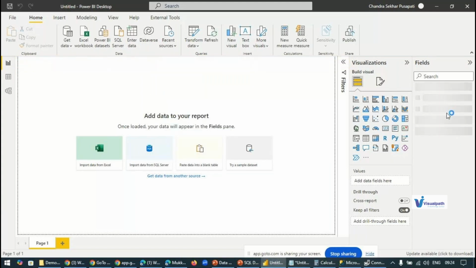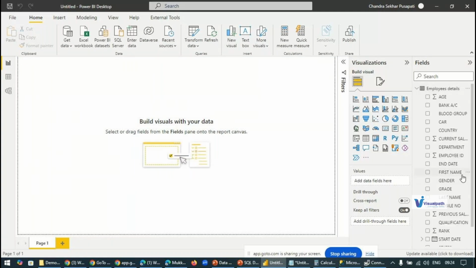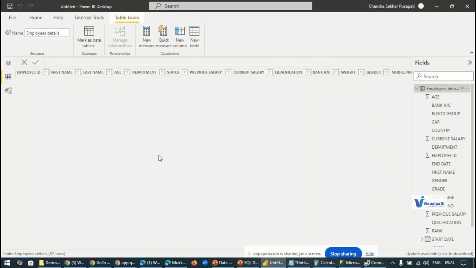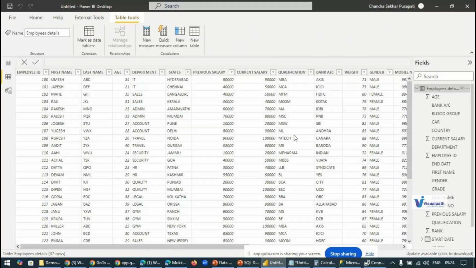After loading the data, on the right side it will display the list of columns. See, these are the list of columns from my Excel file. On the left side, if you click on the data window icon, you can see the data also. This is the data we just loaded from the Excel file.